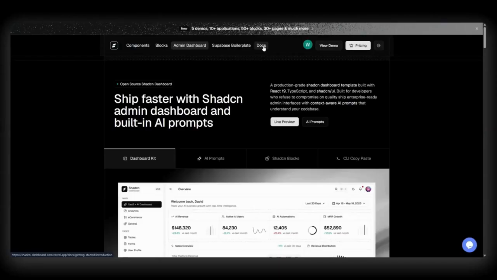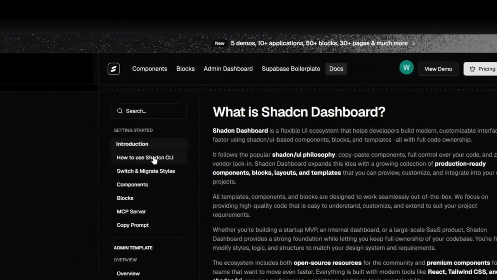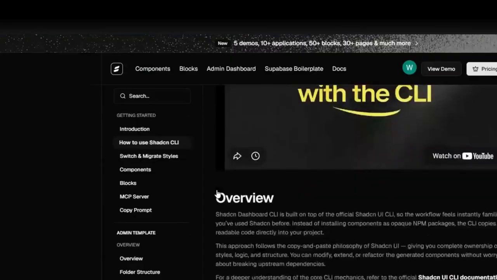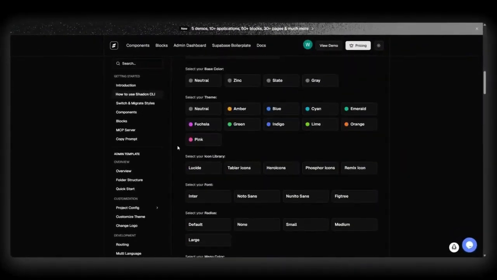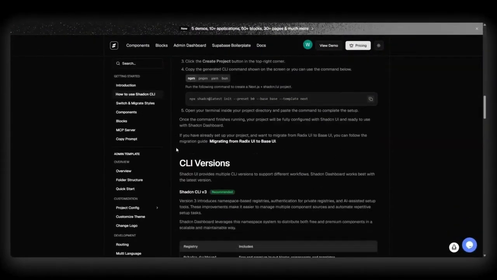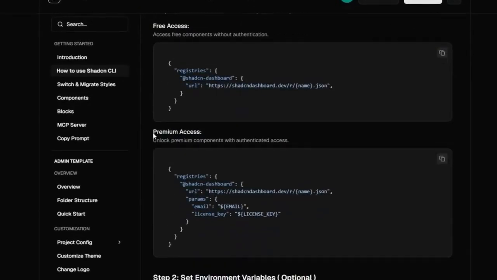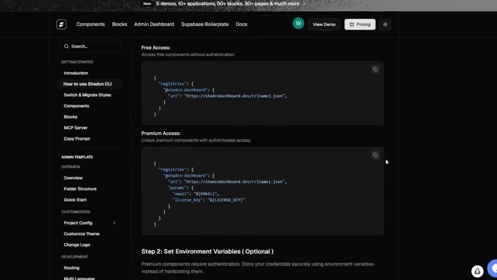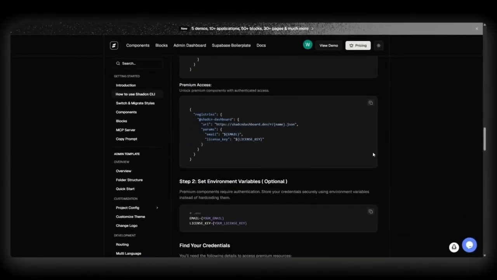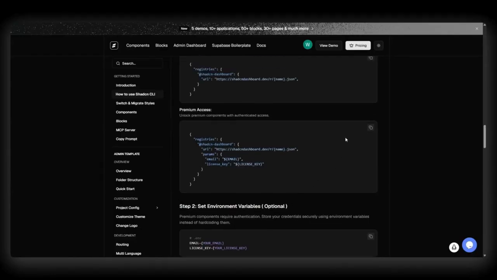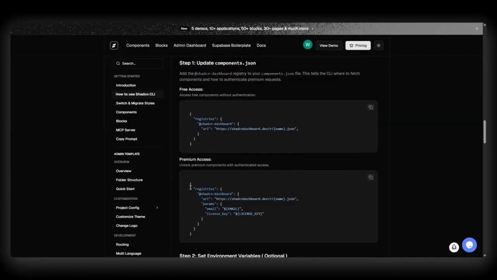Let's configure Shadcn Dashboard. Open the Shadcn Dashboard documentation and scroll down to the installation section. Here, you'll find two setup options, one for the free blocks and another for the premium blocks. If you're using the premium version, you'll need your license key. Open the .env file in your project and add both your registered email address and your license key, as shown